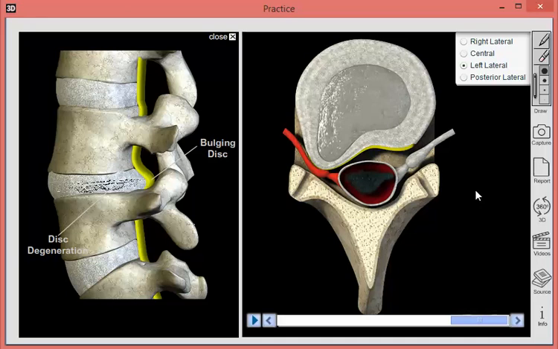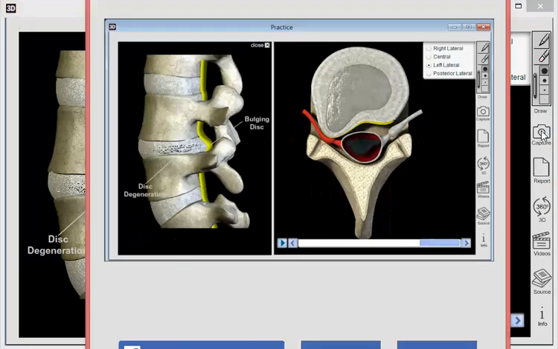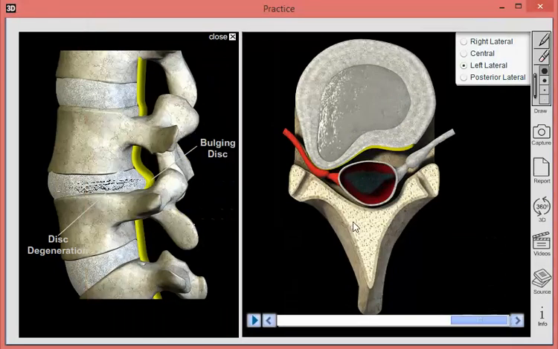So let's say we look at a left lateral bulging disc and we want to capture this. The patient's there, you've explained it to them, and you want to build a report that says, this is what your condition is, this is how we're going to treat you, this is how you get better. So we click on the capture button on the right-hand side. It'll take a screen capture of that. You have the option to either save this image to your Facebook page, or you can go ahead and click save. That'll save it into a folder, and then when we launch the report generator, it'll pick up that file,